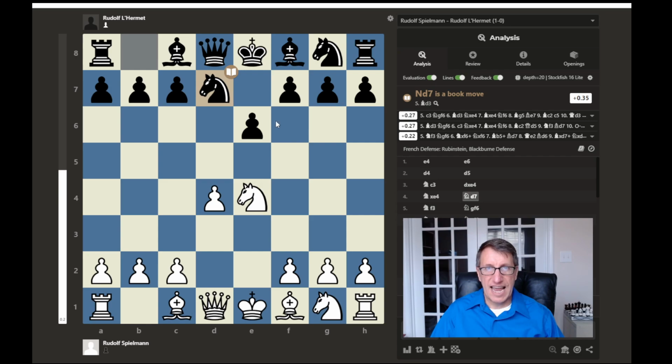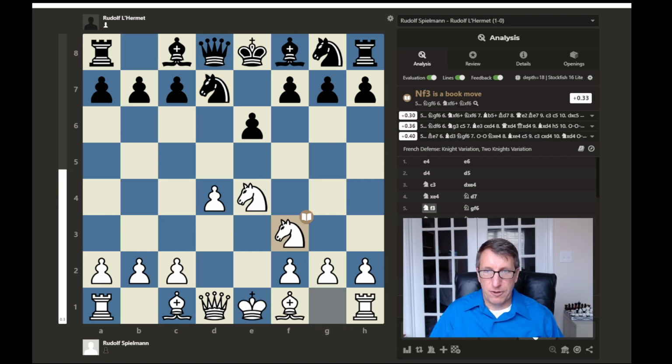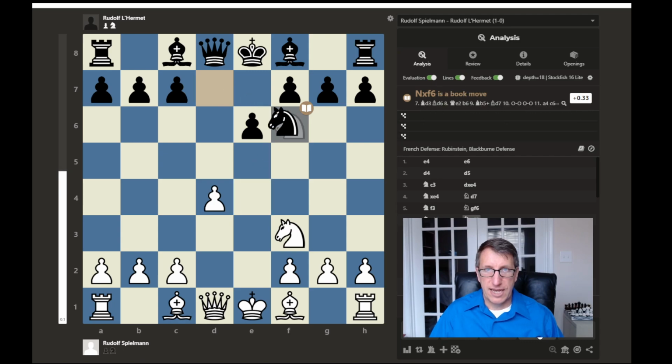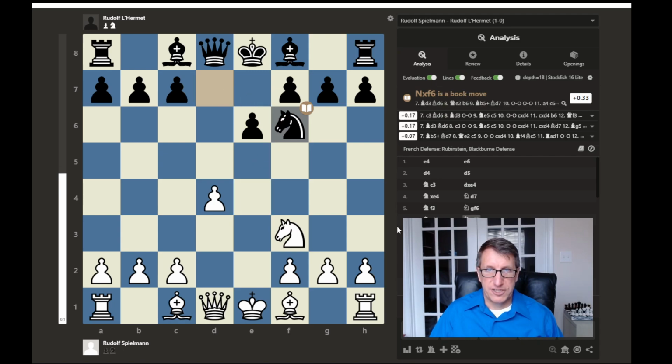And then if there's a capture, this knight can recapture and end up on a better f6 square here. So development of the other knight by Spielman, likewise by his opponent. And so now we have capture and knight recaptures. So now the knights are even, but White has a little more space in the center with his d-pawn versus